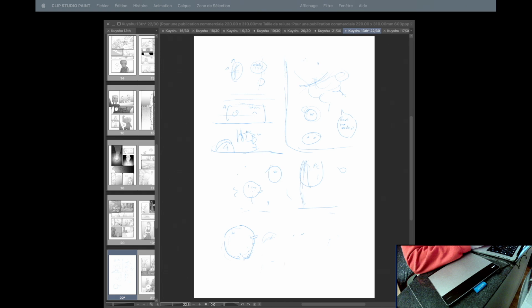So we're getting close to the end. We have about 8 pages left, which is exciting. So as usual for newcomers, I'll do a quick recap of what I do and then we'll dive into the drawing. So the way I like to panel my pages,